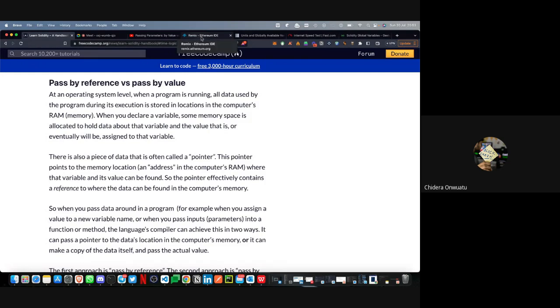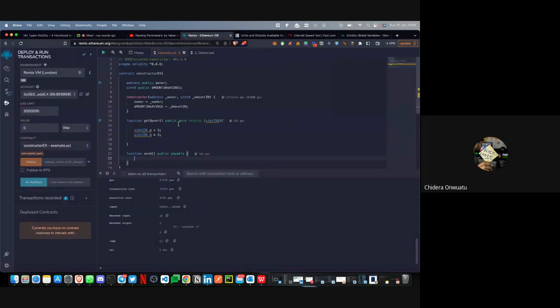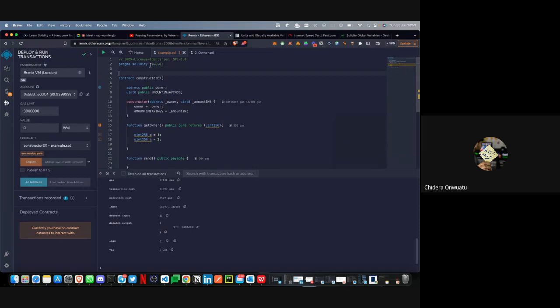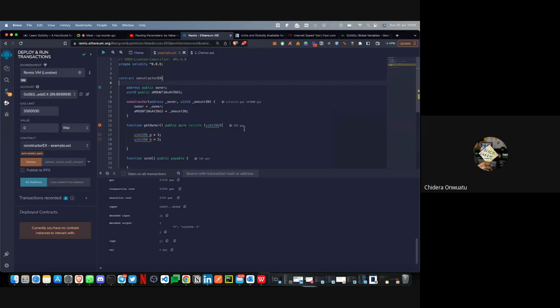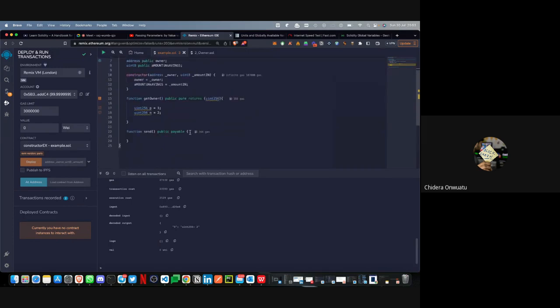Okay, that's true. So for the interface, you said we lost you on the interface and the abstract. Exactly, an interface is just a way we provide a specification for other smart contracts to interact with our own smart contract. So if I have a contract, and this is the function inside of this contract, I have a function called get owner. I have another function called send. If I want other contracts to interact with this particular contract, what I'm going to do is